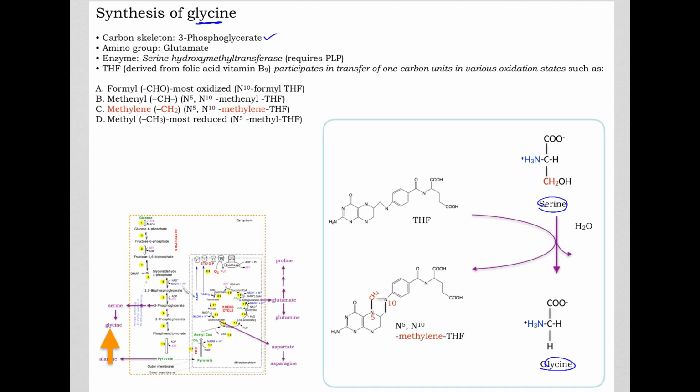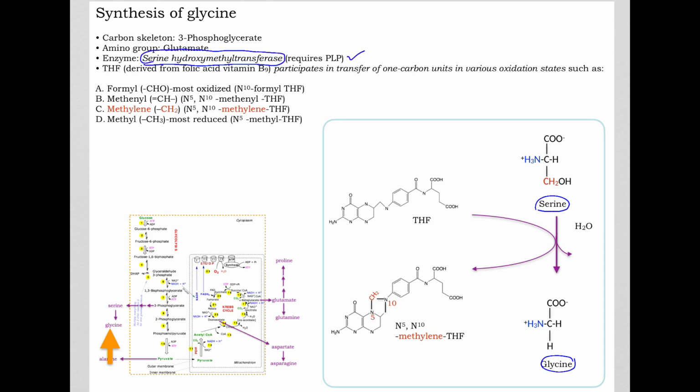The amino acid glycine is made from serine, and since serine gets its carbon skeleton from 3-phosphoglycerate, therefore glycine also gets its carbon skeleton from 3-phosphoglycerate. The amino group of serine comes from glutamate, so the same thing in case of glycine, since glycine is made from serine. So the enzyme that catalyzes the conversion of serine into glycine, this reaction here, is called serine